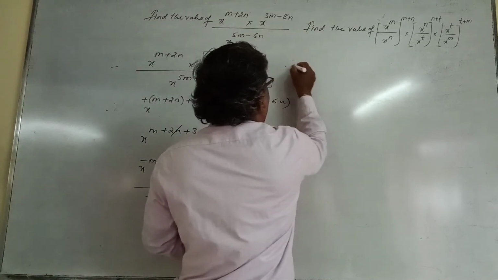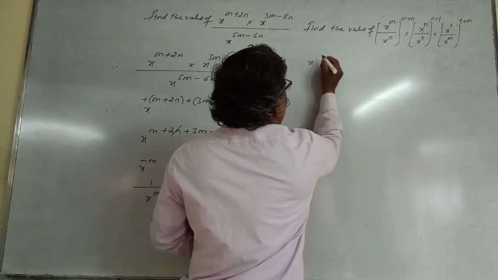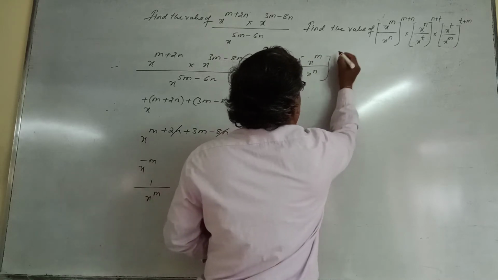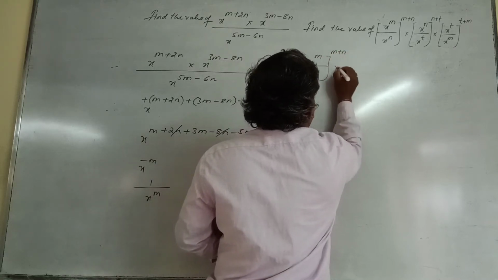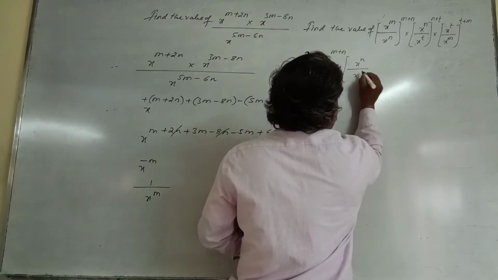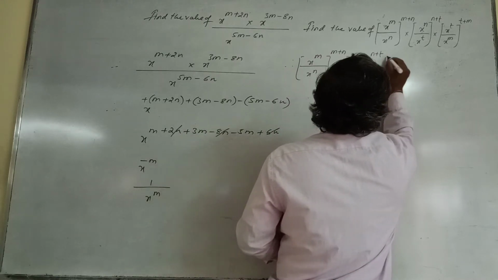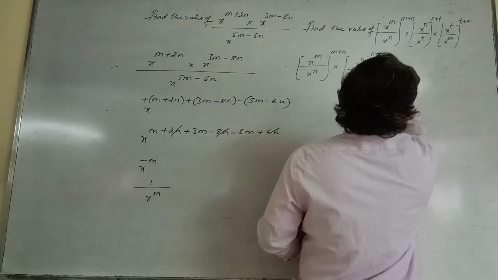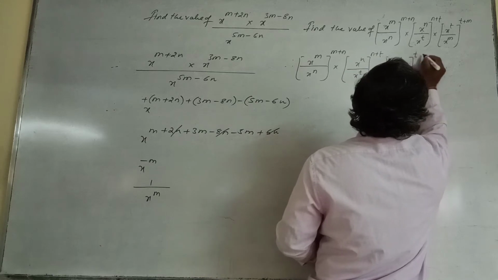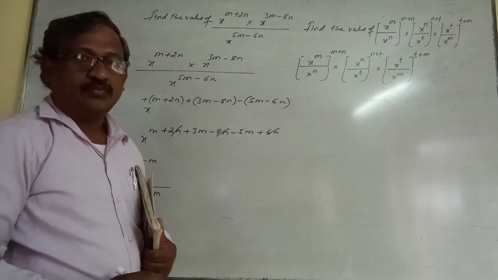So once again I will rewrite the problem. It is (x^m / x^n)^(m+n) into (x^n / x^t)^(n+t) into (x^t / x^m)^(t+m). Clear? So to find out the value of this,